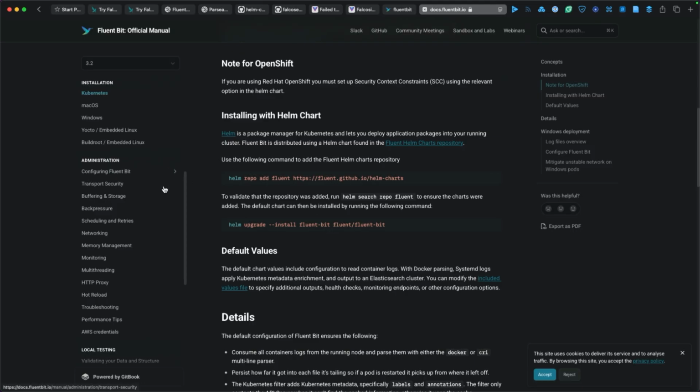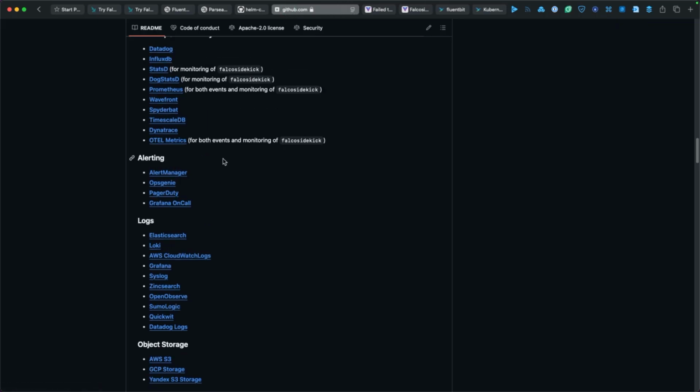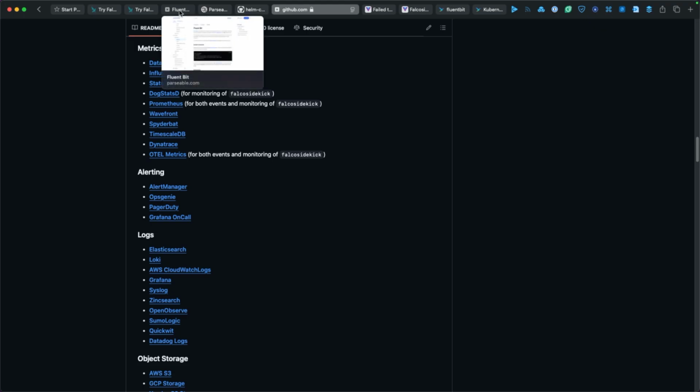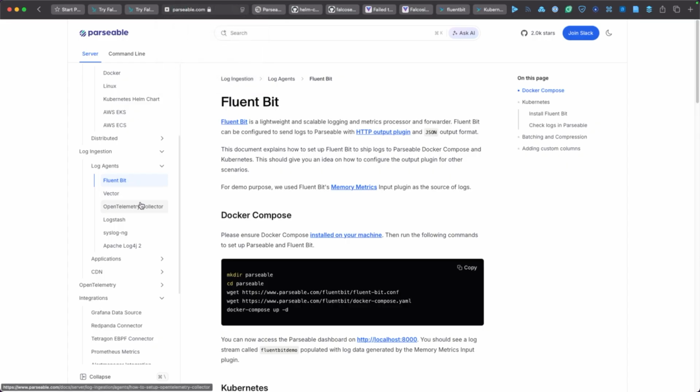There's one more piece of the puzzle, and that's to get FluentBit running in Kubernetes too. Just to explain what's happening here: Falco Sidekick passes the event from Falco to something, and we're going to use FluentBit in this particular case, mostly because Parseable is also compatible with it, but you can see there are some other options. It just seemed to be the simplest and most flexible option, as you'll see later. So the next step is to install FluentBit into Kubernetes.